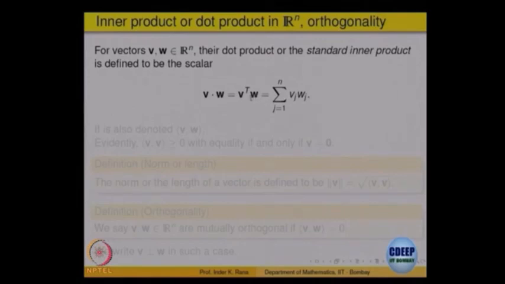So, this is the matrix form, this is the algebraic form, and this is the expanded form of the dot product in Rn. Sometimes the dot is not very visible, so one writes it with angled brackets. This is called the inner product between v and w. So, dot product in general settings is called inner product, and that same terminology carries over when you have abstract spaces also. We are getting out of the standard terminology of R2, R3 and making general terminology and general definitions. So, dot product in Rn is also called inner product.